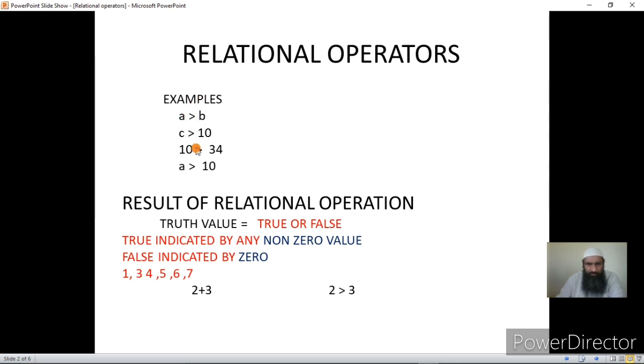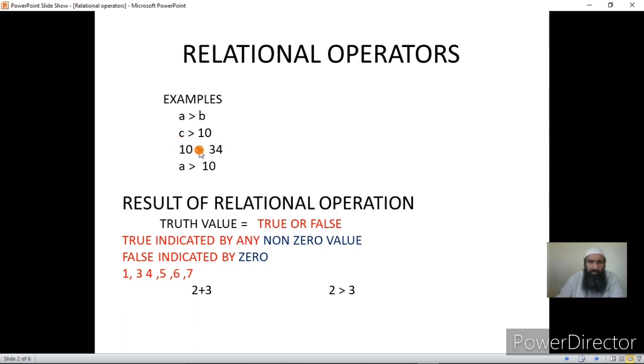Okay, now in this case, is 10 greater than 34? We know 10 is not greater than 34. The result will be false. So the result of this relational expression will be false.